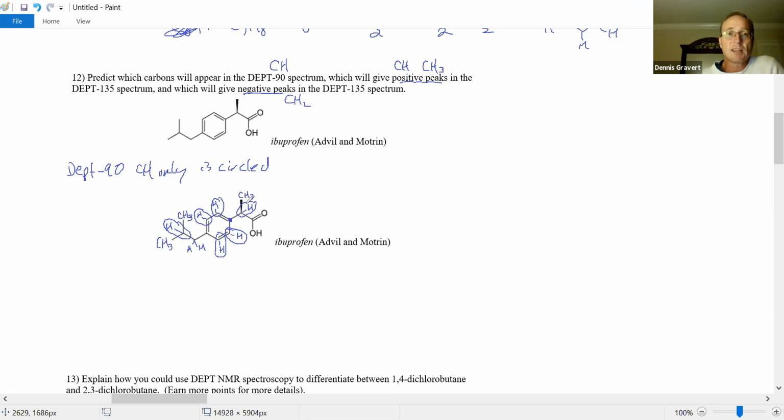Okay, so that tells me clearly, I think, handwriting's a little bad, but I can read it. So try and do no worse than what I did there in terms of writing, so I can figure it out. Yeah, the DEPT 90, CH only. Okay, so then maybe put a plus sign. When carbon has 1 hydrogen or 3 in the DEPT